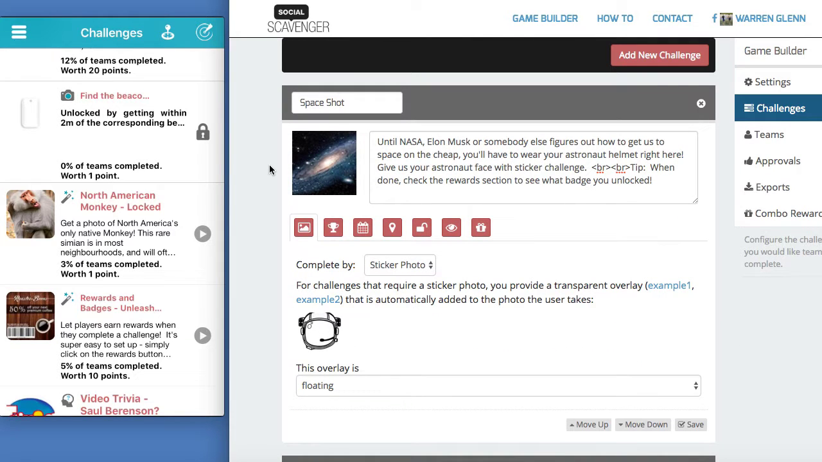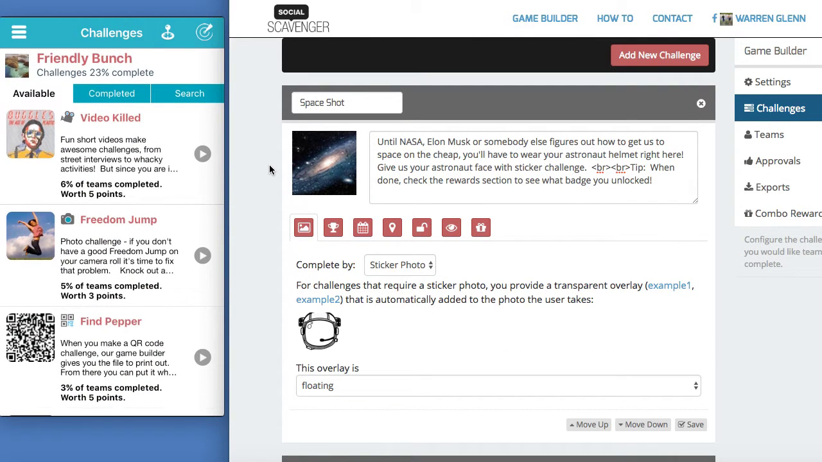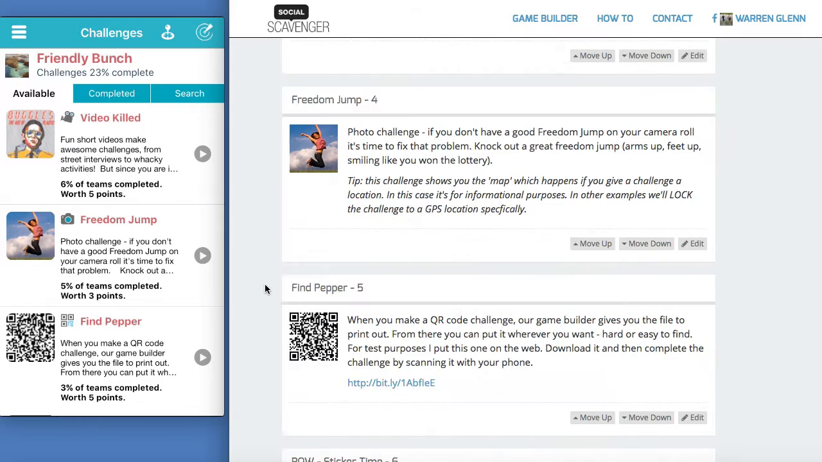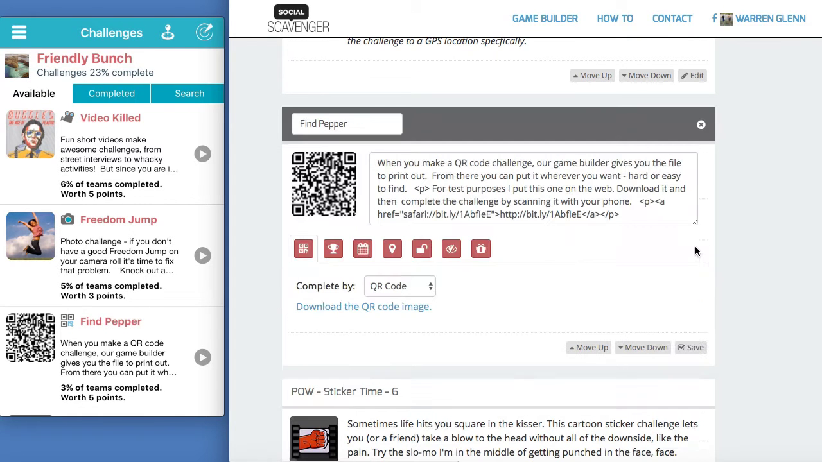So great. We're going to move on from trivia. So we've seen trivia now, we've seen sticker, text we talked about, don't really need to explain that probably, and then QR code. So if we go down to a QR code challenge we've created, what happens here is when